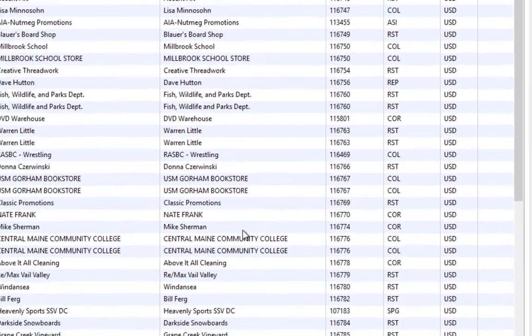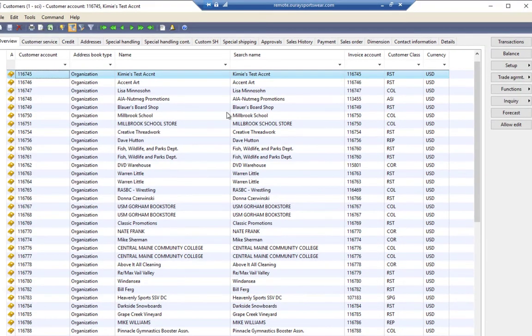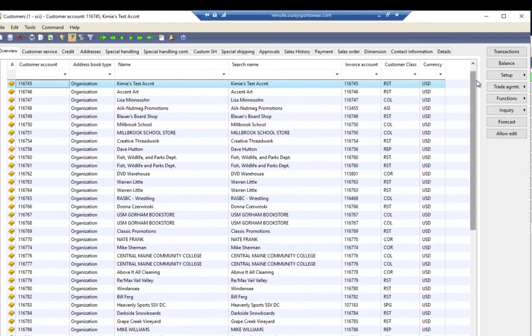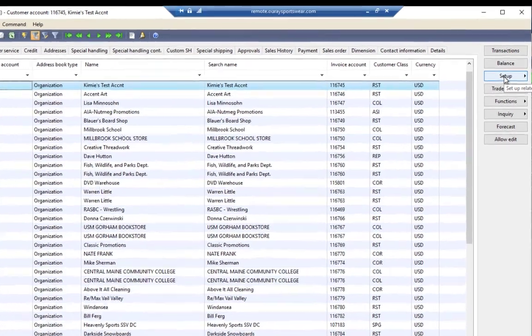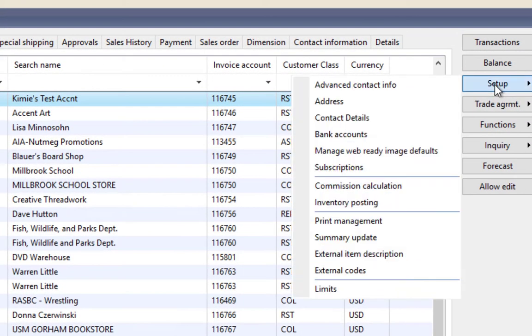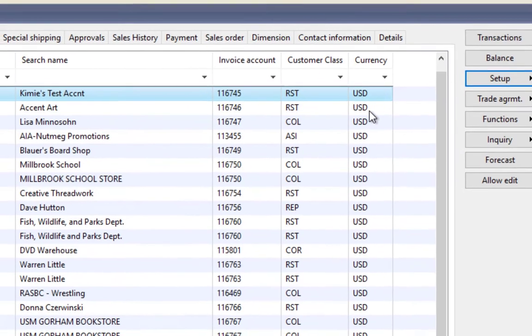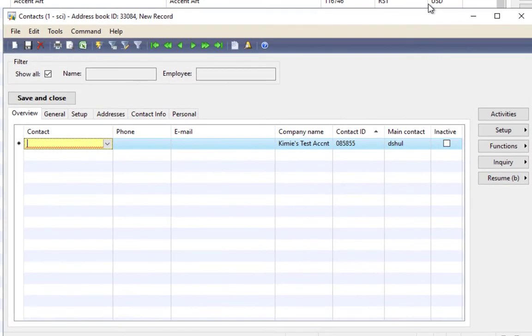That will open up the same customer account table, but it will already have highlighted the account that you wanted to work with. Once again, go to the Setup button in the upper right hand corner, click on it. From the list of choices that appears, left click on Contact Details. In the new window that appears, fill in the contact information,